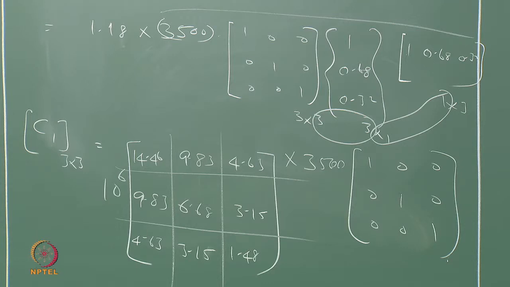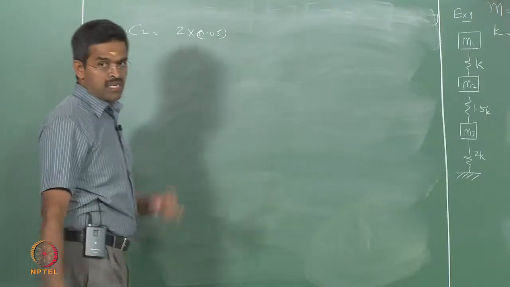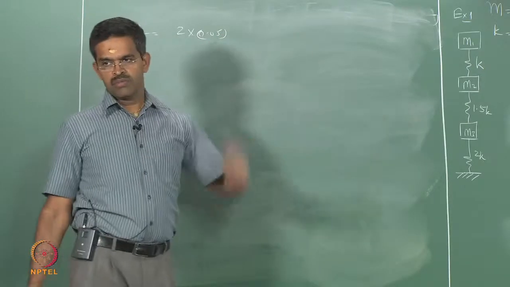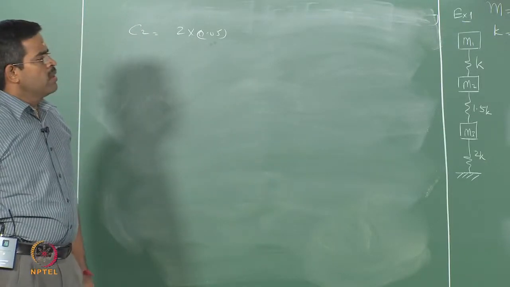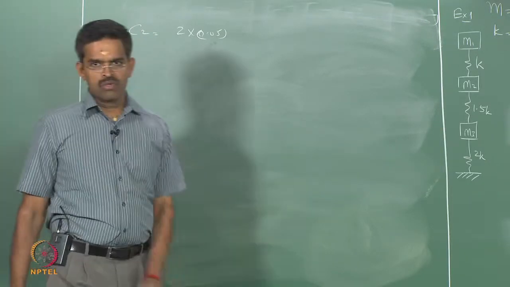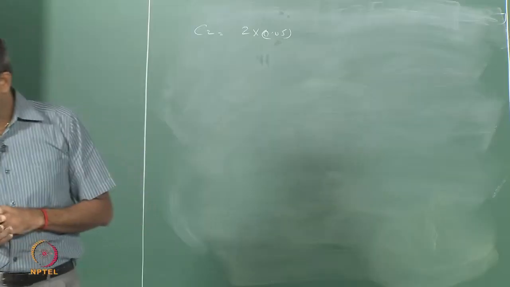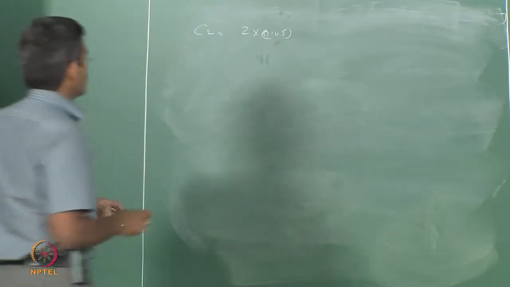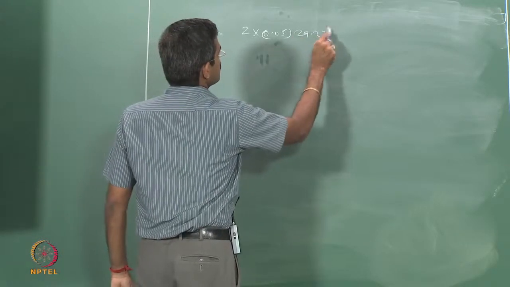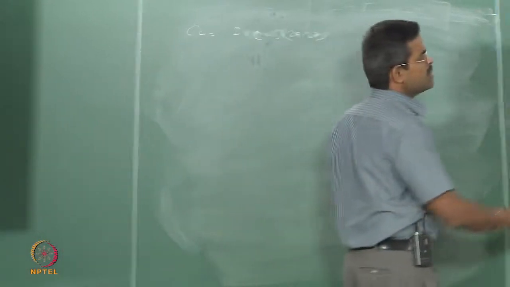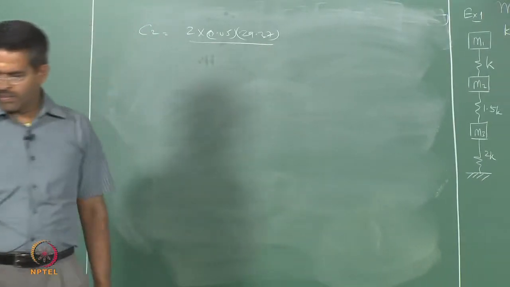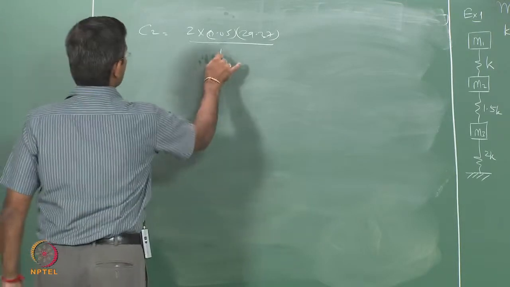Similarly, let us try to get C2. So, I will substitute the values, only 2 of 0.05 because I said zeta will be same in all the modes. Okay. One can ask me a question, why zeta should be same in all the modes? What is the requirement? I know the answer for this, why it is so. So, 29.27, that is my second frequency, divided by again the mass matrix of that value. I am talking about this one,